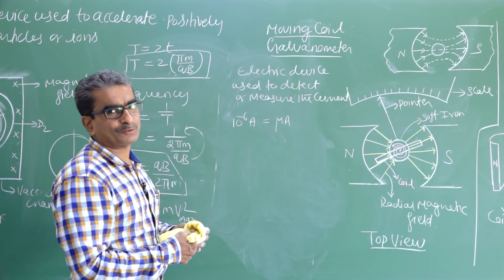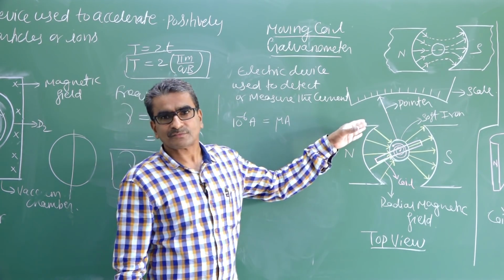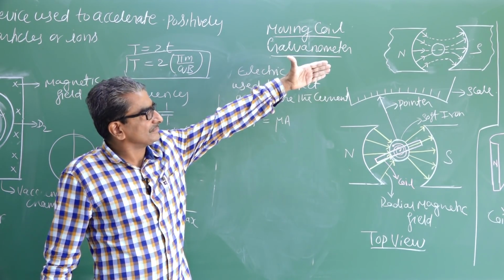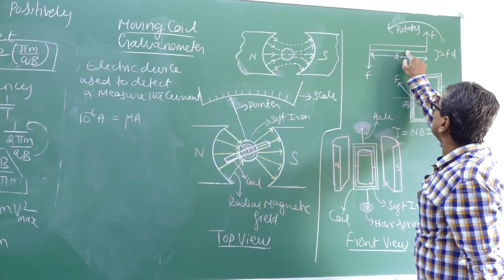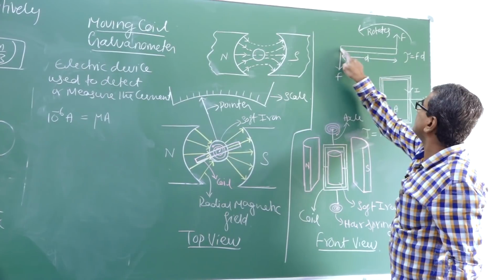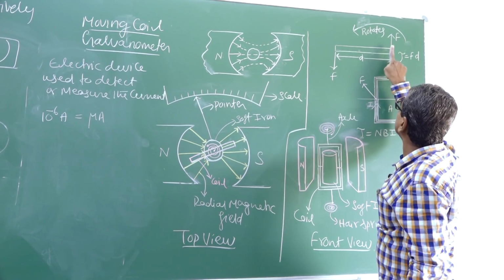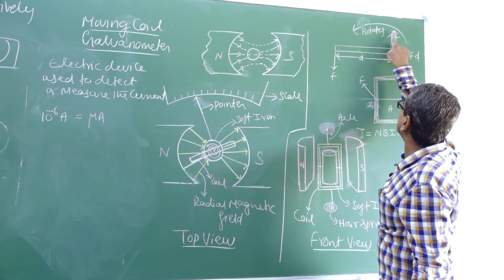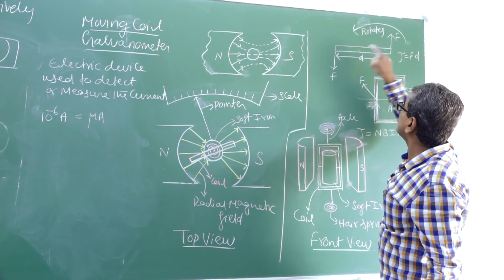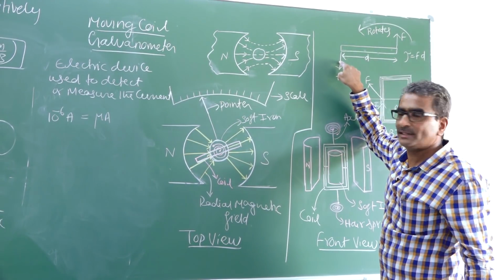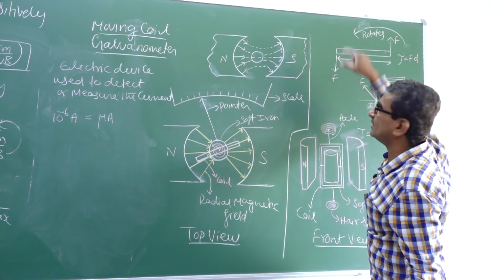Then on what principle does it work? If I want to consider the principle, then look into those figures at the end. Here I have written one figure. Let us consider one solid rod. At the two ends of the rod, I apply two forces, one force upward, one force downward. These two forces are equal in magnitude. Then what happens by applying these two forces? This rod is going to rotate like this.